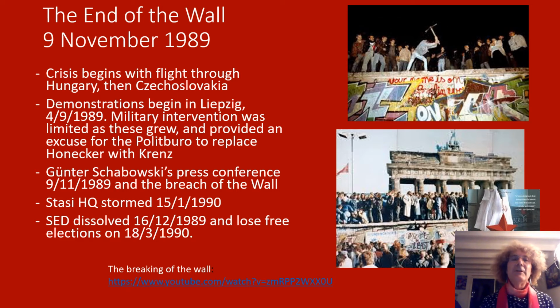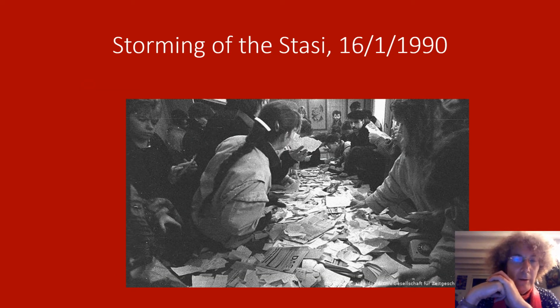The East German secret police, the Stasi headquarters, was stormed shortly thereafter, and the East German Communist Party was dissolved by the end of the year, being replaced by a Christian Democrat government in April of 1990. Something like 1 in 10 of the East German population were informers on their fellow citizens. This meant that there was an enormous amount of records held in the Stasi headquarters,